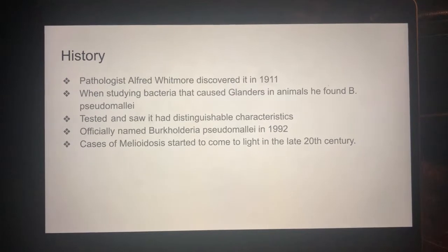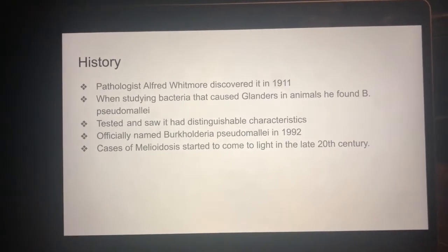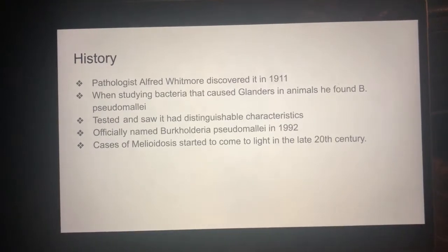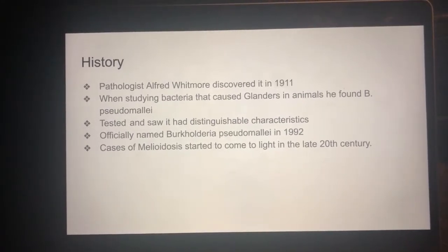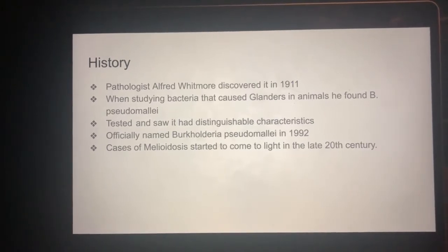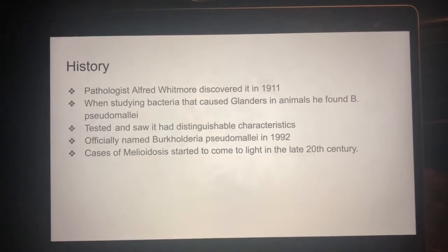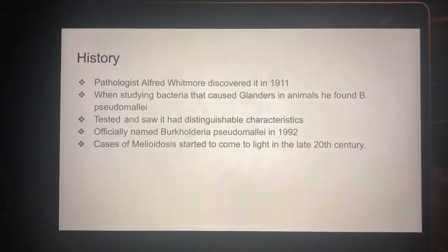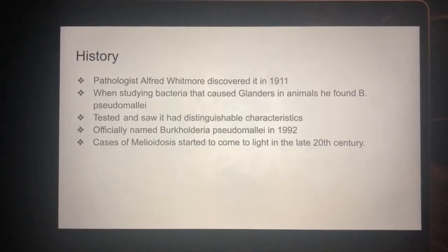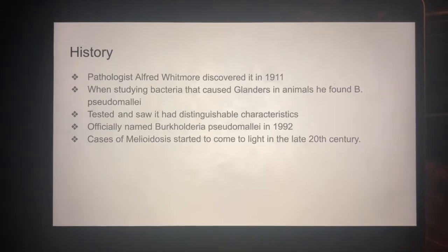So let's talk a little bit about the history. It was discovered in 1911 by a pathologist, Alfred Whitmore, and his assistant. Whitmore discovered the bacteria when he was trying to find another bacteria that caused glanders. When he took a sample from an animal and put it in a culture, he saw he had two strands of bacteria. The bacteria that he didn't recognize had very distinguishable characteristics. He isolated that bacteria and then he put them into animals and saw that animals died pretty quickly. Thus he discovered the new bacteria,